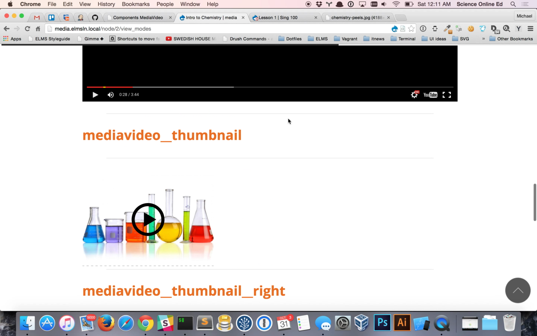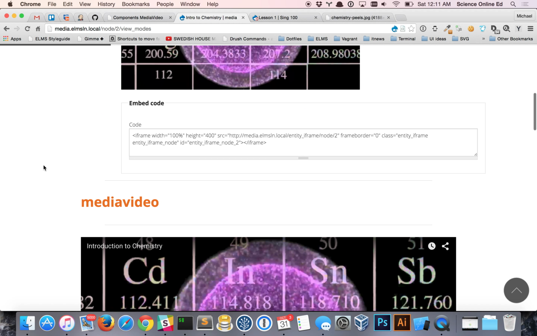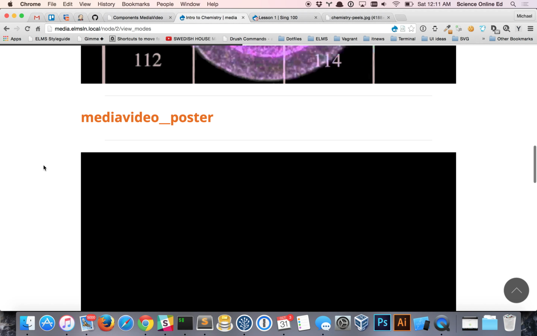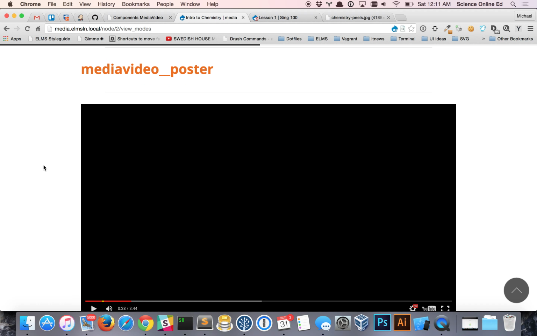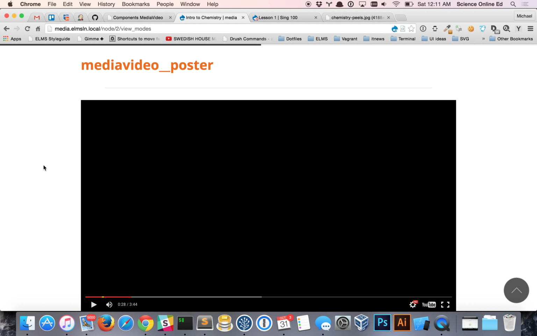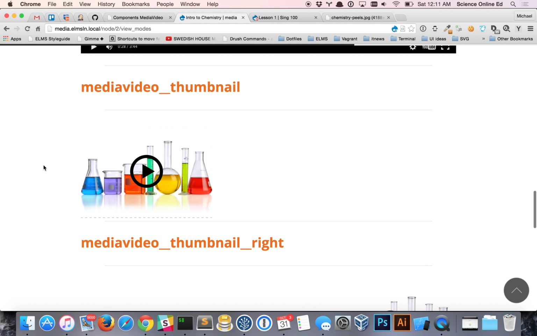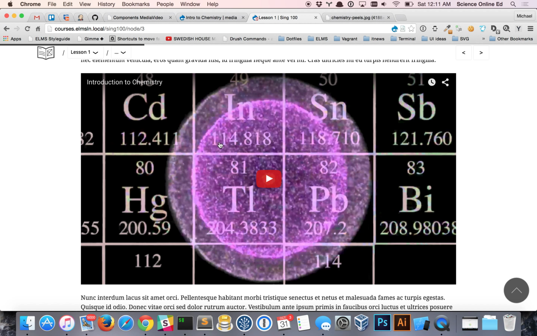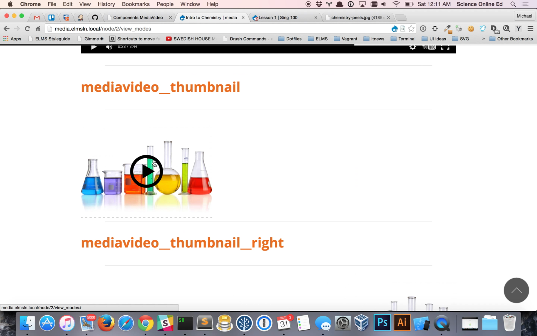This is pretty cool because you'll be able to browse through this list of design components, or view modes in this case, since they are now view modes in the Drupal system. You'll be able to just browse through these and visually pick the ones that you want. Let's say that we want to render this video in this little thumbnail view mode. What we'll do is grab the name of that view mode,